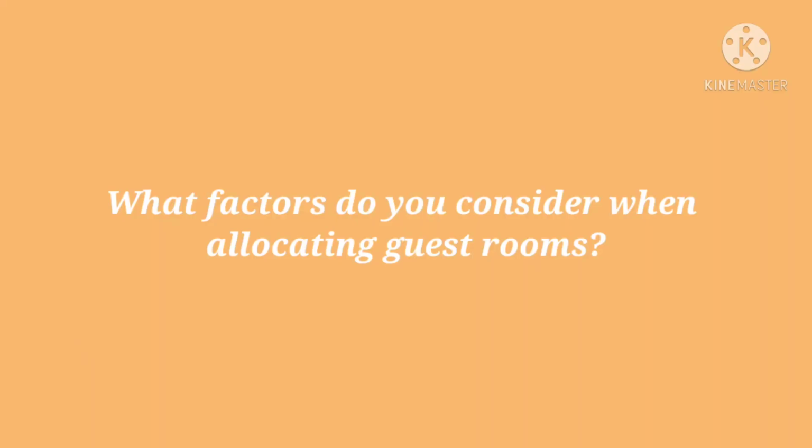After that being said, we have the third question, which is, what factors do you consider when allocating guest rooms? So as a receptionist, your first job is to check what the main guest requests are, in order for us to know how to allocate their rooms depending upon those requests. Usually, when allocating rooms, attention needs to be paid to the arrivals list, on which special requests and room rates may be included. And also, the housekeeping staff will be coordinating with the receptionist